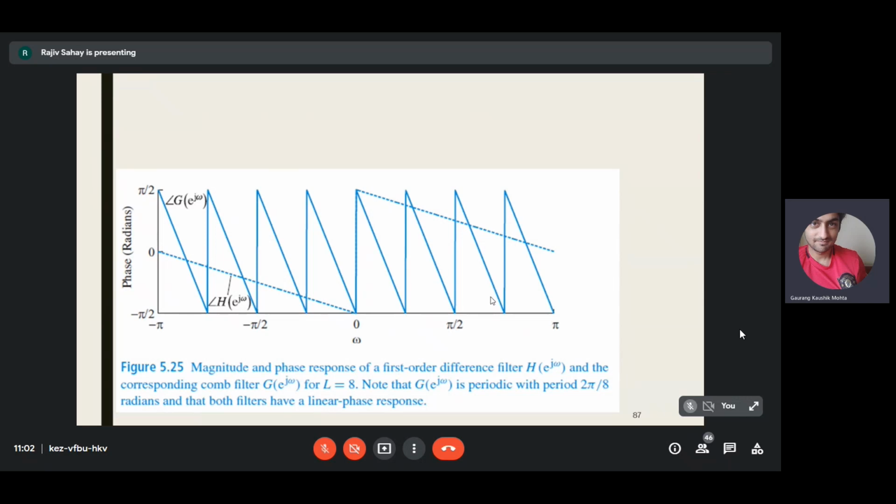For those who are doing my seminar course, I've given a small assignment. I can tell you what that assignment is, and we can take a look at the importance of phase, why phase is so important compared to the magnitude. You are always worried about the magnitude and designing filters based on the magnitude response, but it turns out that the phase is also important, sometimes more important than the magnitude response.